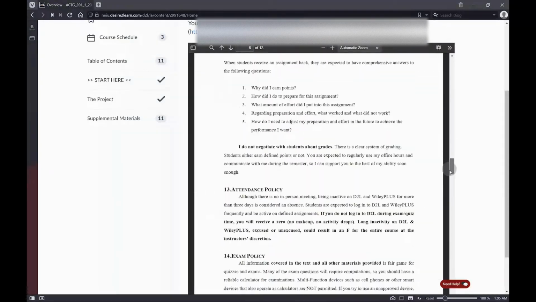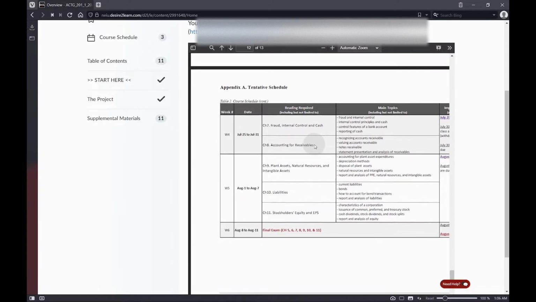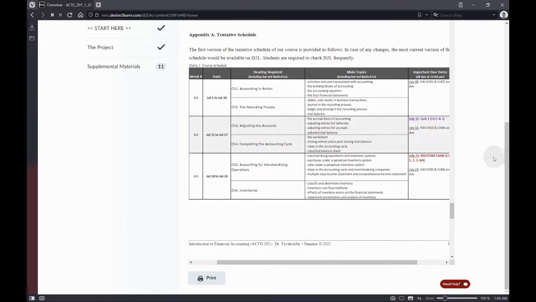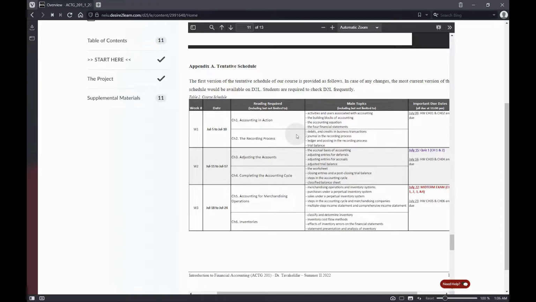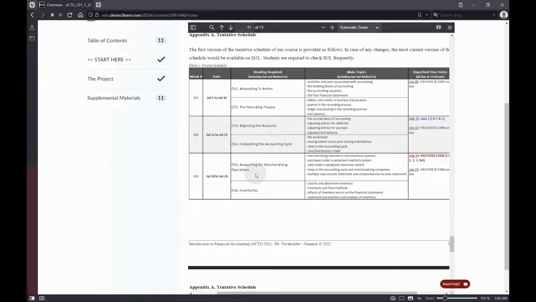So in addition to grade items, we also have our schedule here. As you can see, let me navigate to the right a little bit. Okay, so our schedule is here. This is the first version of our schedule. There could be some changes. Our weeks are listed here. We have 5 weeks and a half in this semester. This is a very intensive course, very intensive semester. We cover 2 chapters per week. So basically there is no room for missing any due date. You need to be actively working and learning